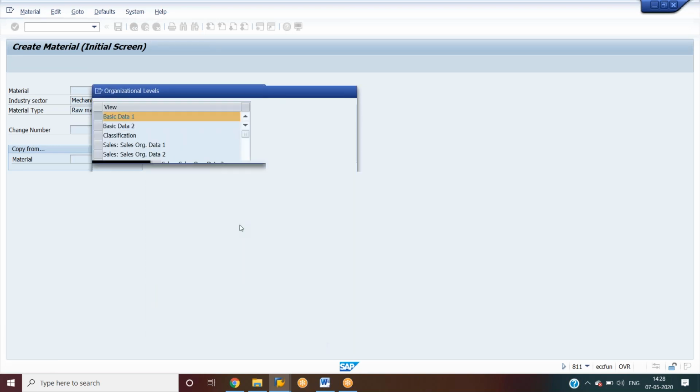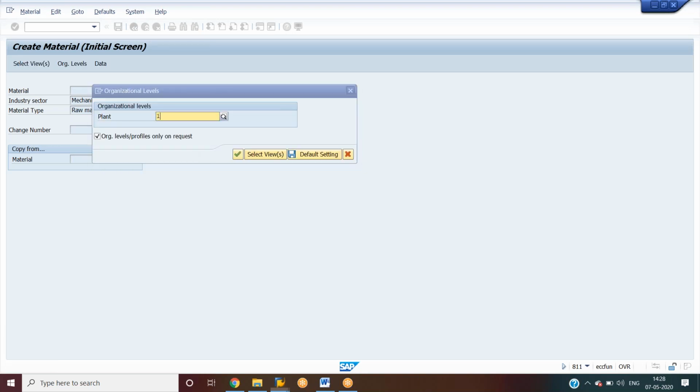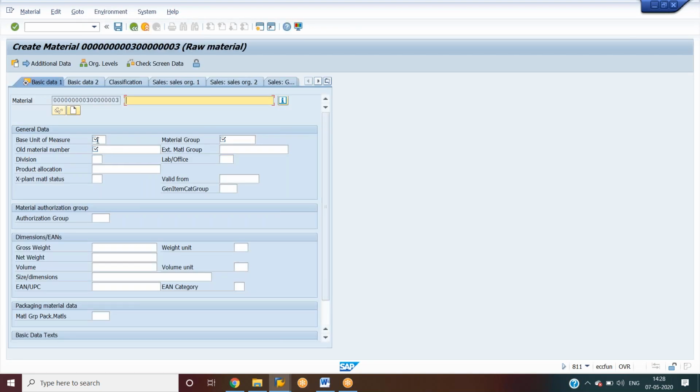Just click on organization and give the plant. Give the base units. Why will we use base units? Base units will be used to measure the stock. Material group, old number. If you want, you can maintain it, but here we have to maintain it because when we perform the field selection, we keep old number as mandatory.